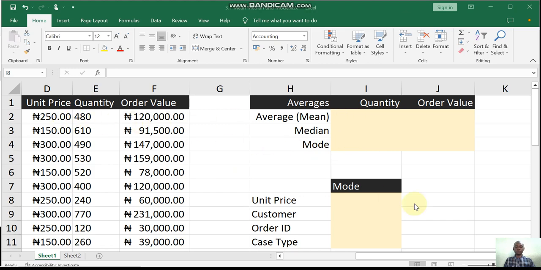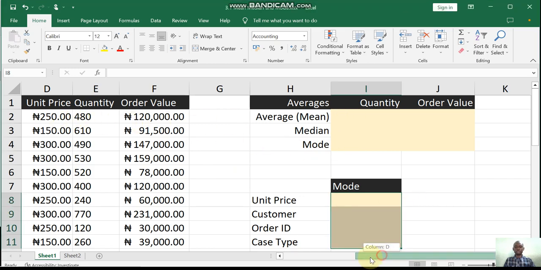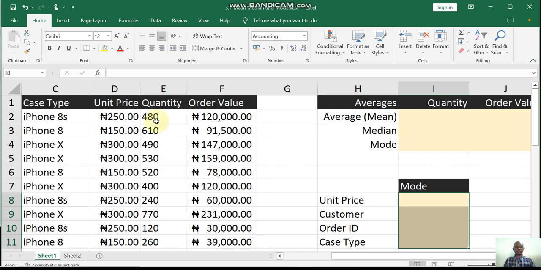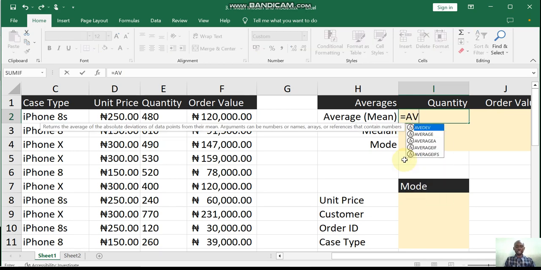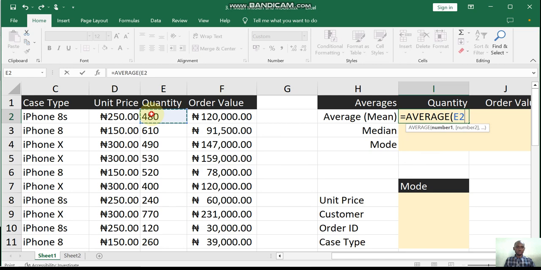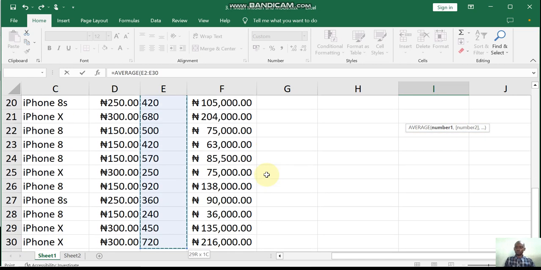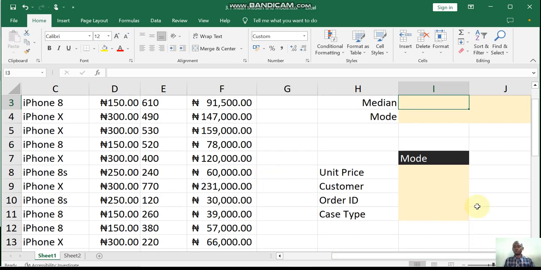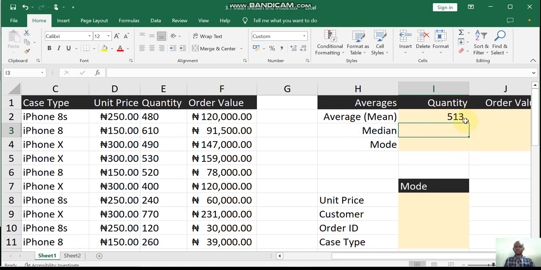So now, for us to find the mean of this data set, we are looking at the quantity column. To find the mean, we use the average function in Excel. Then you simply highlight the data set, close the bracket and hit enter. Immediately you hit enter, you see that the mean has been calculated to be 513, which is the average value